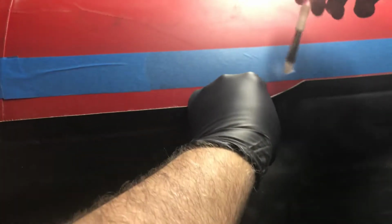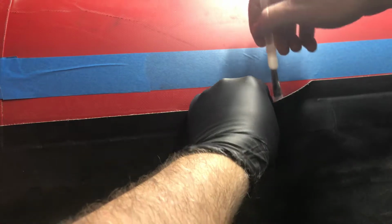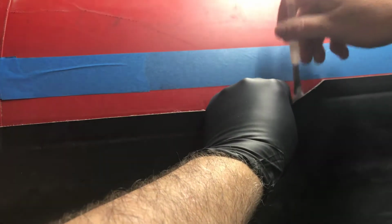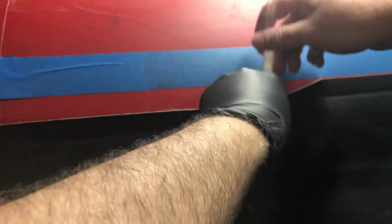So this section's coming apart much slower than the front half did. It seems like this glue's a lot stronger bond. So when I get this off, I'll have a better idea how bad that bottom seam is